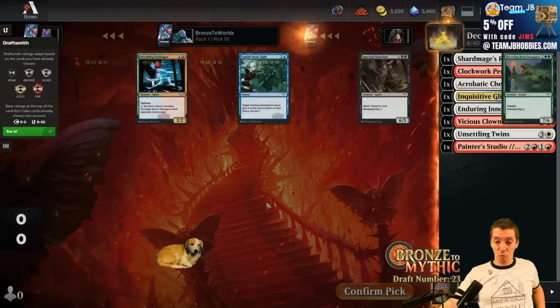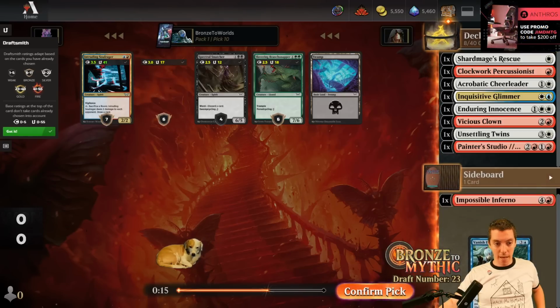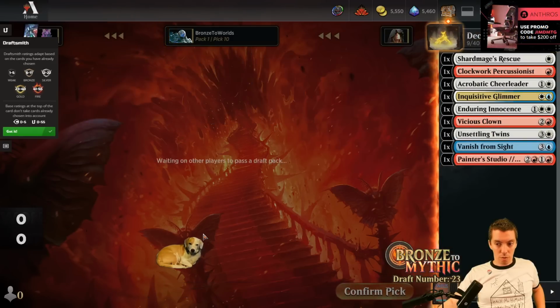Again, I think pack 2 will be really good for us in white. It might be a lot of blue, too, honestly. Alright, let's take this Vanish. I think blue-white's still a possibility, so...